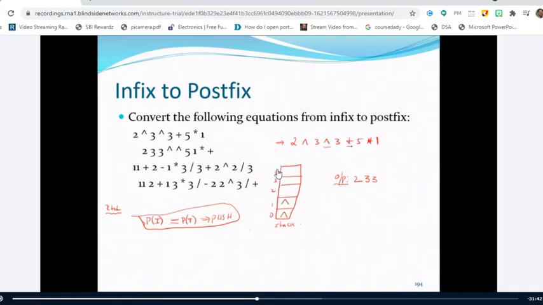So the lowest priority operators cannot be placed on top of the highest priority operator. Since plus has the lowest priority, I cannot place it on top of cap. Therefore, I pop this element and place it in the output. Similarly, again we have the top symbol as cap. Therefore, again compare the priority of this plus with the priority of cap. Since the priority of plus is less than the priority of cap, you have to pop the stack and place it in the output, and then you have to push the plus.